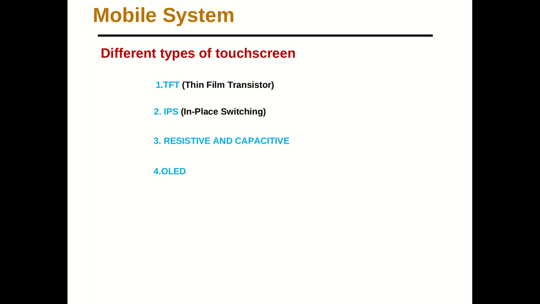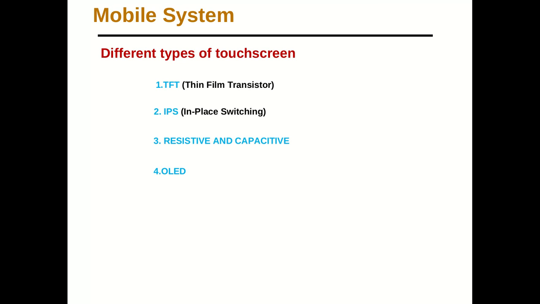This means the difference between resistive and capacitive is that simple. Resistive screens have two layers of conductive material with a small gap between them, while a capacitive touch screen consists of a layer of glass coated with a transparent conductor. Resistive is the older technology and capacitive is the newer, advanced technology. It is also used with IPS integration to provide better mobile screens.